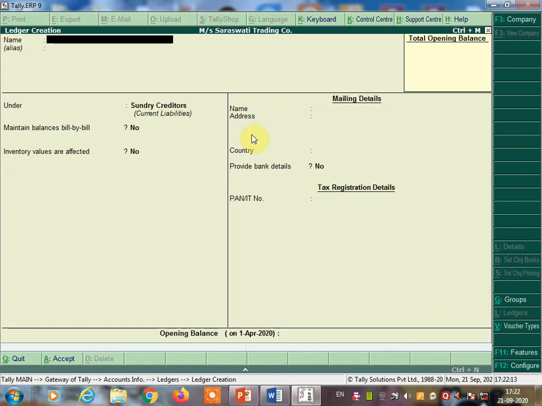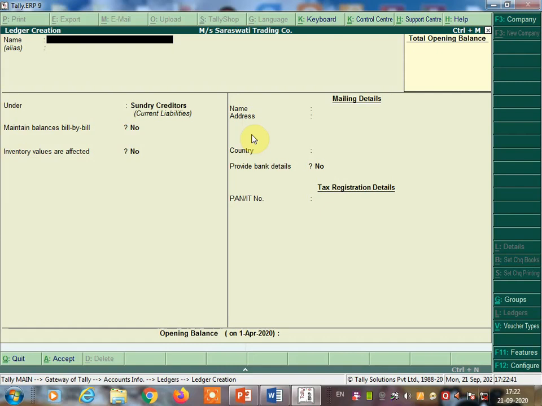Okay, suppose you have sold the goods to Ritu on cash, meaning here you will get cash because you sold goods to Ritu, and Ritu will give the cash. Now cash account debit to sales account. The entry will be passed like this. Sold goods to Ritu on cash, it is not on credit, it is on cash. That's why cash account debit to sales account.